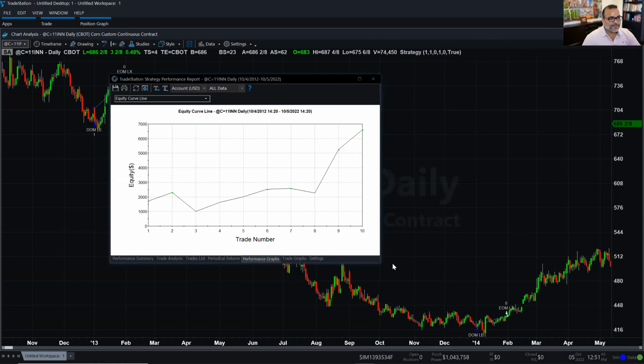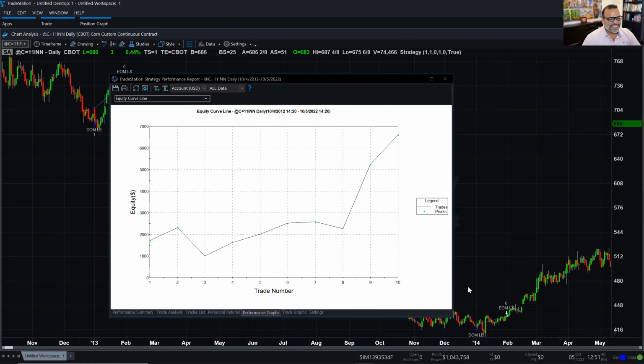If I go to the performance graphs, you can see that it's not a very good performance. And this is the tricky part, because we've always said that to get numbers that have some statistical value, you need to have at least 30 trades. You have to have a good number of trades in order to make an intelligent and smart decision whether a strategy works or not. Am I able to tell from this that I'll always be profitable every single January? Well, 80% of the time I was; out of the 10 years, 8 times I was profitable. Is that a good statistic? If it's only 10 trades, I don't think so, but